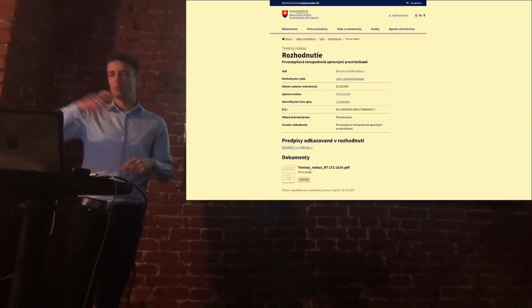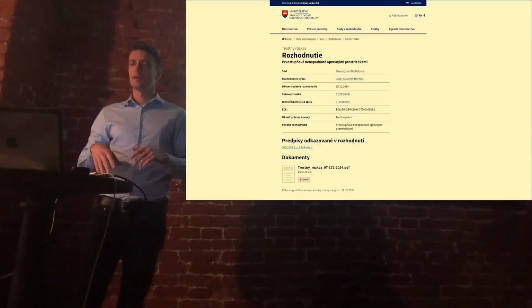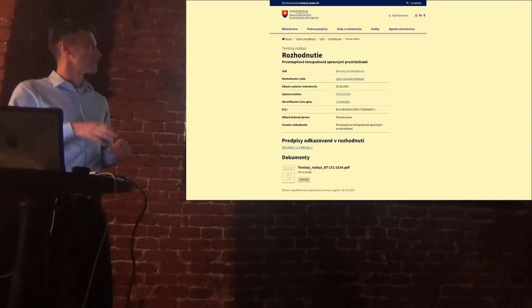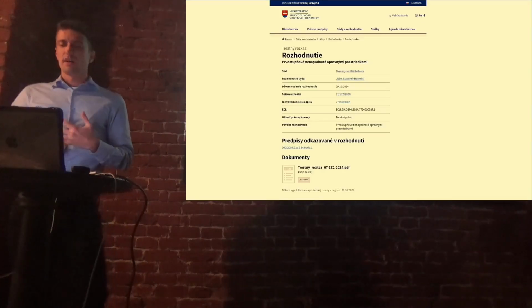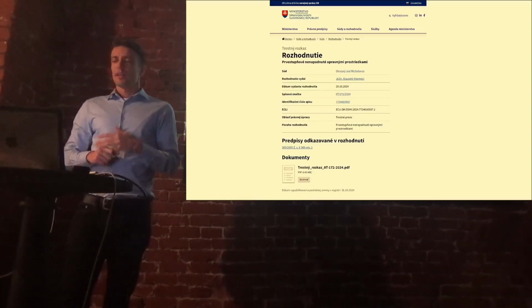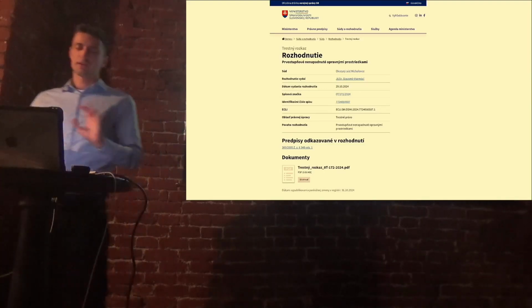My task when I was doing my master's thesis, when I studied law, was this: I always wanted to know if I can use programming skills to do something with natural language. Then LLMs came, embeddings, and I realized, maybe this is the right time, how I can use it,